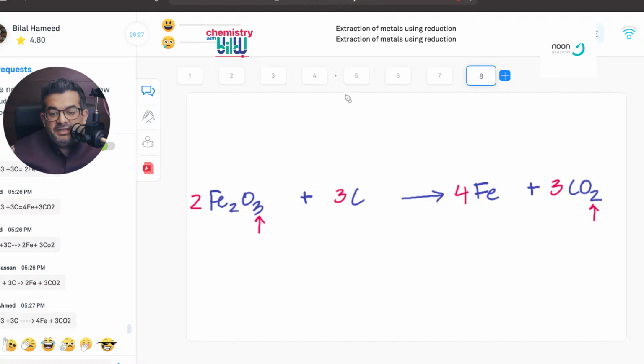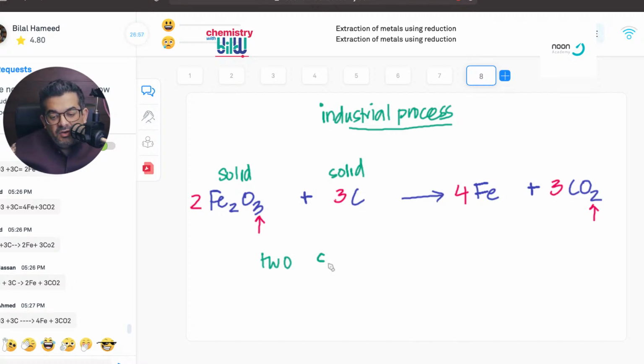But now if we do the industrial process, remember, the industrial process needs to make it fast and cheap. So the industrial process is a little different than this. What is the industrial process? Now the industrial process is a little different. How is it a little different? Well, firstly, this is a solid and this is a solid, and two solids